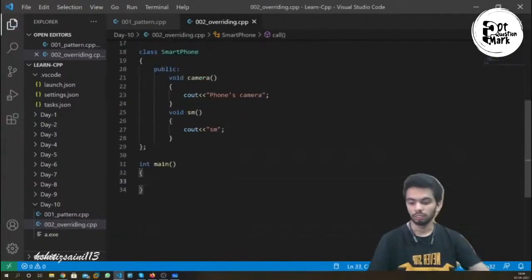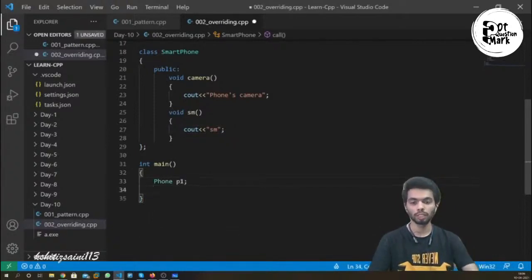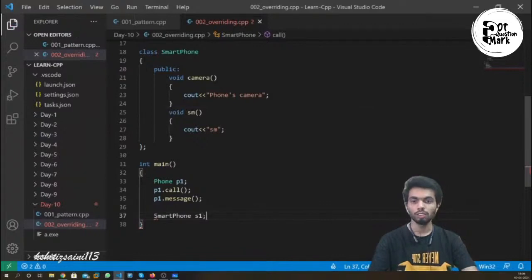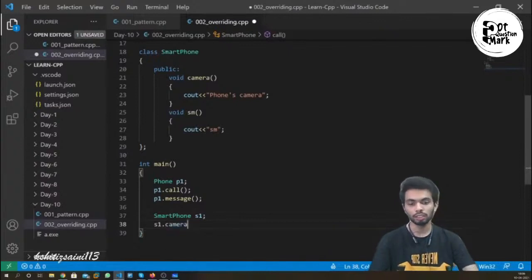तो अभी हम एक काम करते हैं, फर्स्ट ऑफ ऑल लेट अस क्रिएट एन ऑब्जेक्ट फॉर बोथ ऑफ द क्लासेस। वन ऑब्जेक्ट इज Phone, p1। ठीक है, अब मैंने p1 एक Phone की क्लास बना ली एंड आई एम एक्सेसिंग p1.call। p1.call is accessible and I am accessing p1.message। p1.message is also accessible. अब मैंने SmartPhone की क्लास बना दी, s1। तो हमारा जो s1 क्या एक्सेस कर रहा है, नाउ लेट अस सी व्हाट इज एक्सेसिबल फ्रॉम s1। s1 से कैमरा एक्सेसिबल है। ओके, द कैमरा इज एक्सेसिबल। ओके, आई हैव नॉट इनहेरिटेड, लेट अस इनहेरिट इट फर्स्ट।